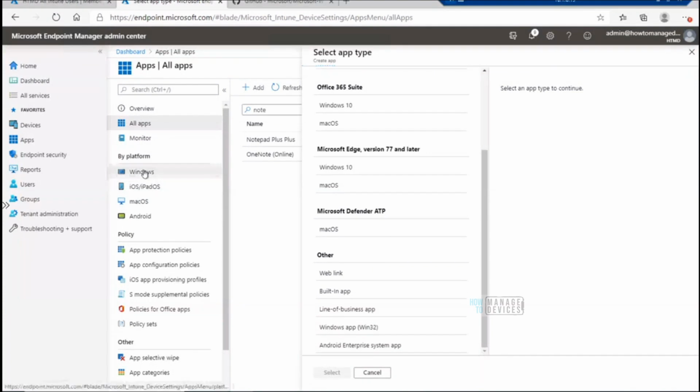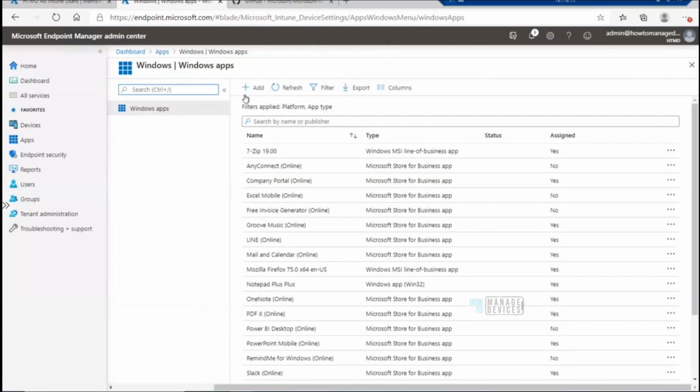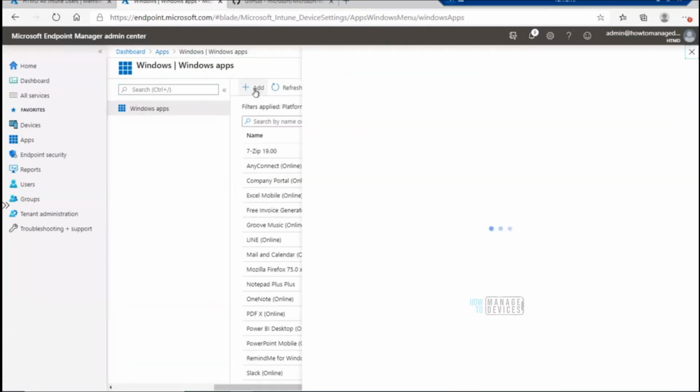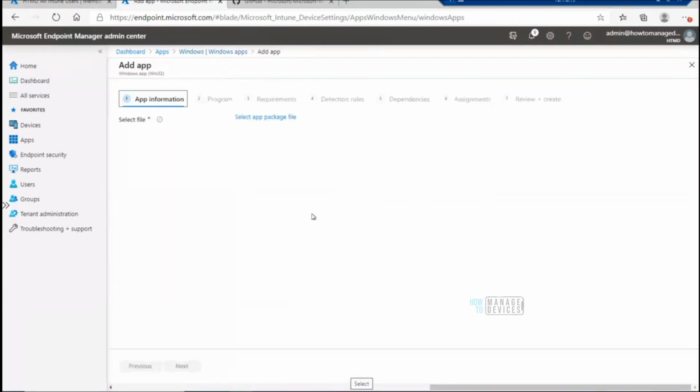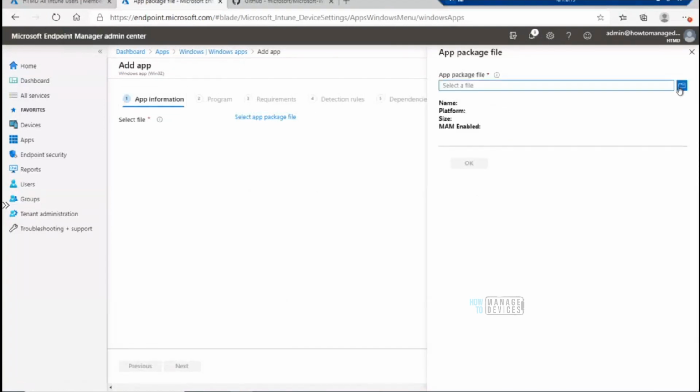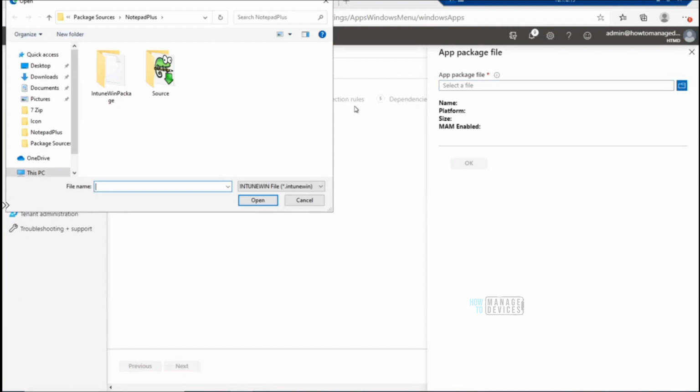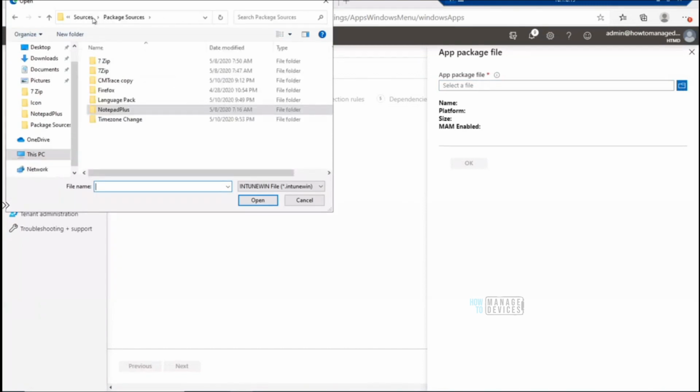I'm going to select Windows over here, so it will make my navigation easy. And then you can see this is the Windows application, Win32 application option. Select it, and select my source package file, so this is CM trace.